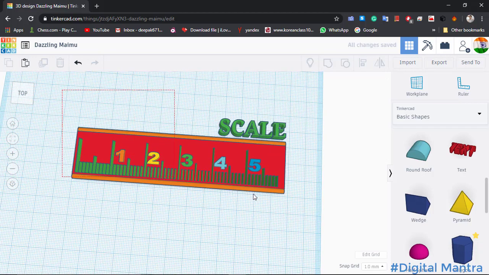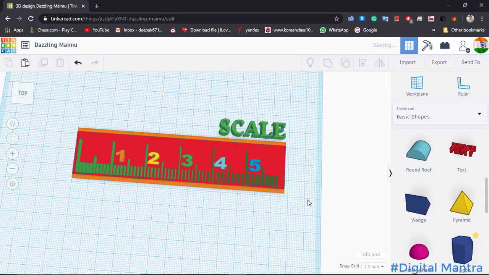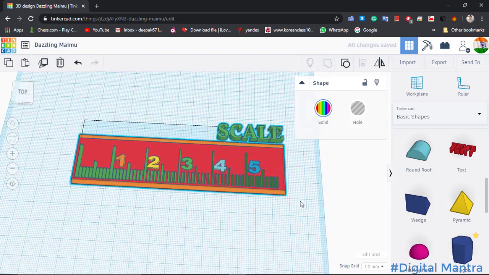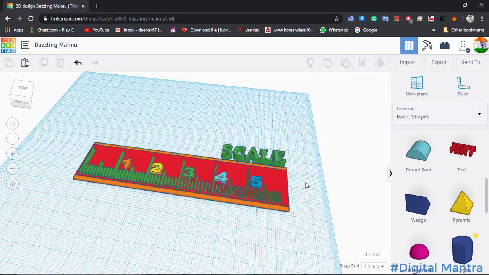Now just select all and group them. Now we have made a scale. It is beneficial if you teach this type of thing to kids, so that they will learn much more about CAD software, so that after 10th or 12th they will learn about AutoCAD and SolidWorks, and they won't feel anything is difficult because they will already be habituated with this type of thing. So just prepare, try different things, create different structures, different alignments, and just be innovative. What I am saying is be creative. Just do what you want to do, but do it with full efficiency.